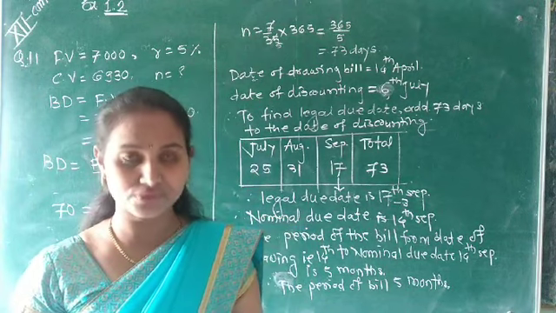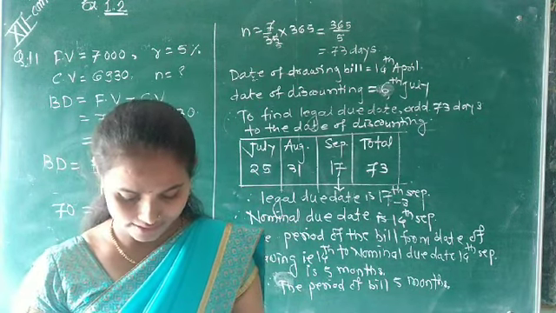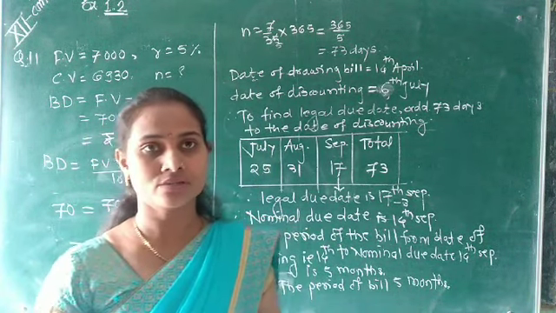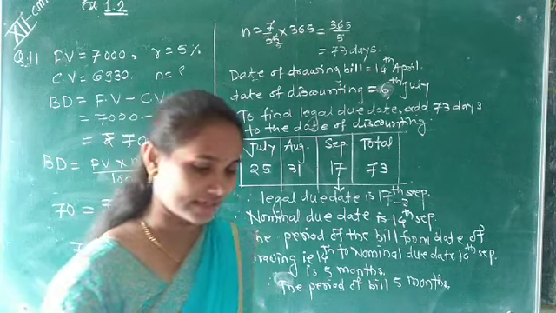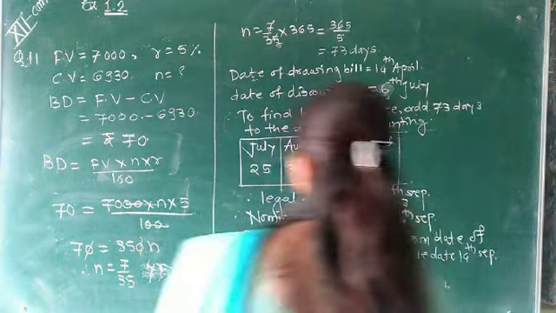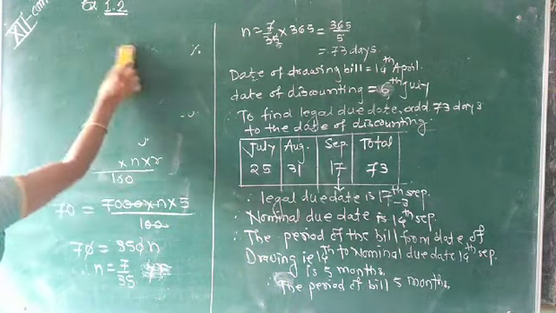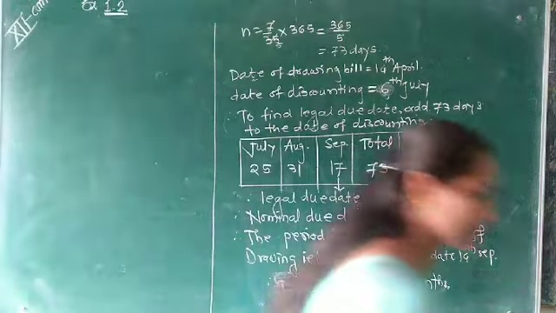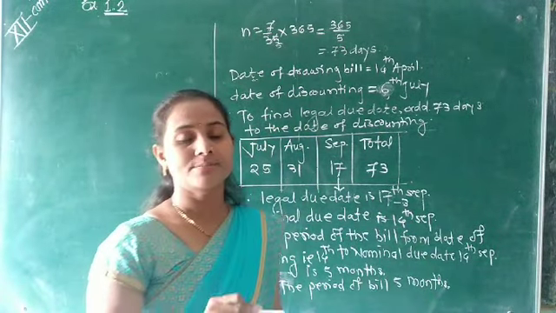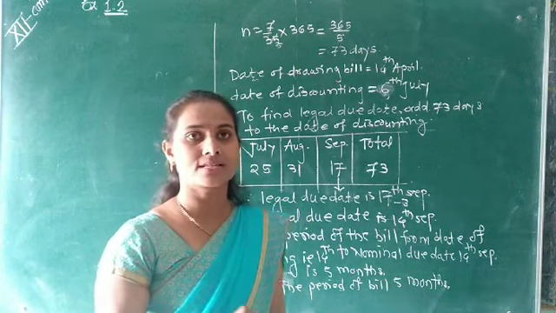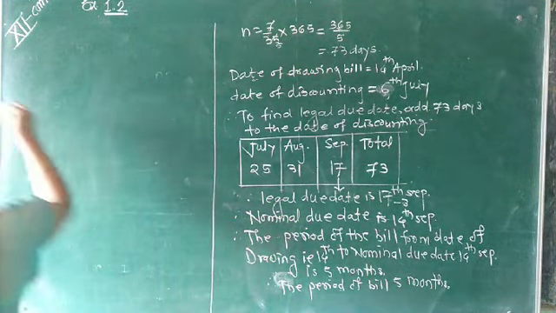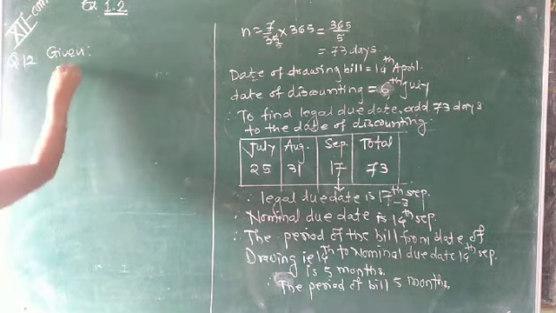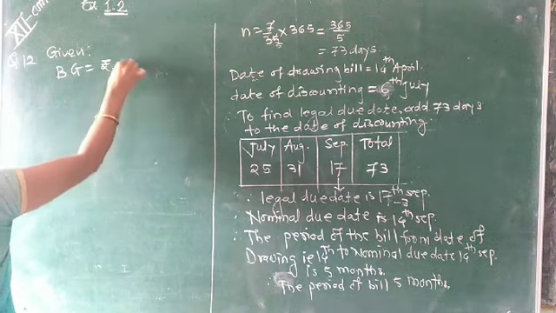So see here, we are going to find true discount, banker's discount and amount of the bill. That means here we have to find the value of sum due, or we also call it the face value. So first consider what is given here. Difference between banker's discount and true discount. We know that difference between banker's discount and true discount is called the banker's gain. Given banker's gain is equal to ₹20.